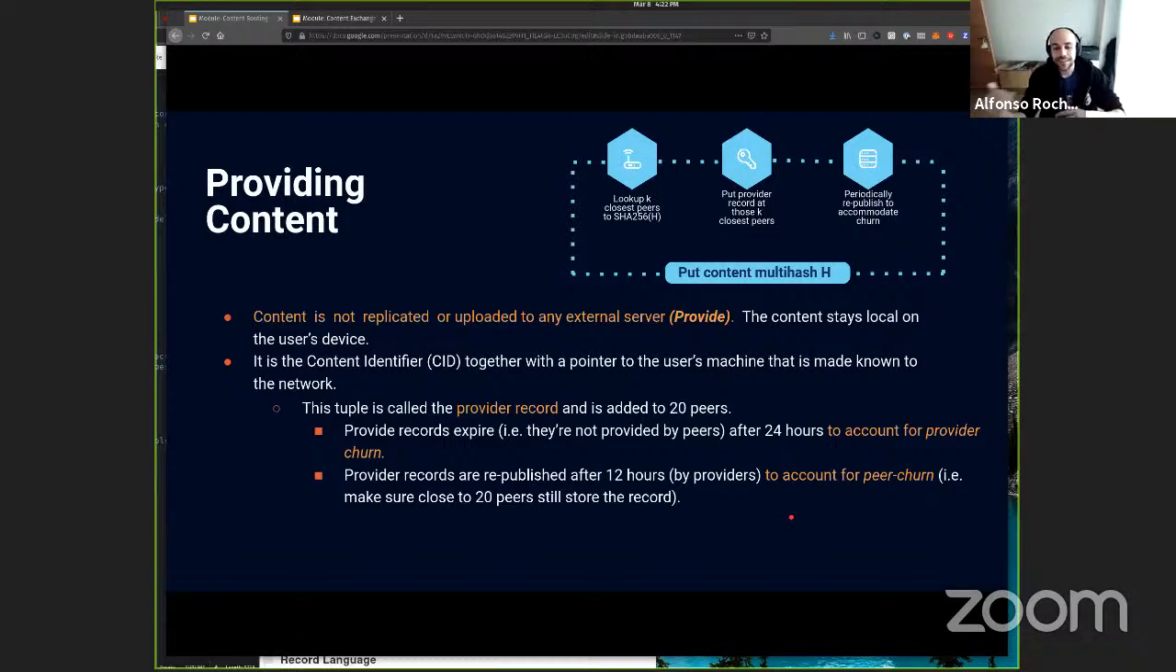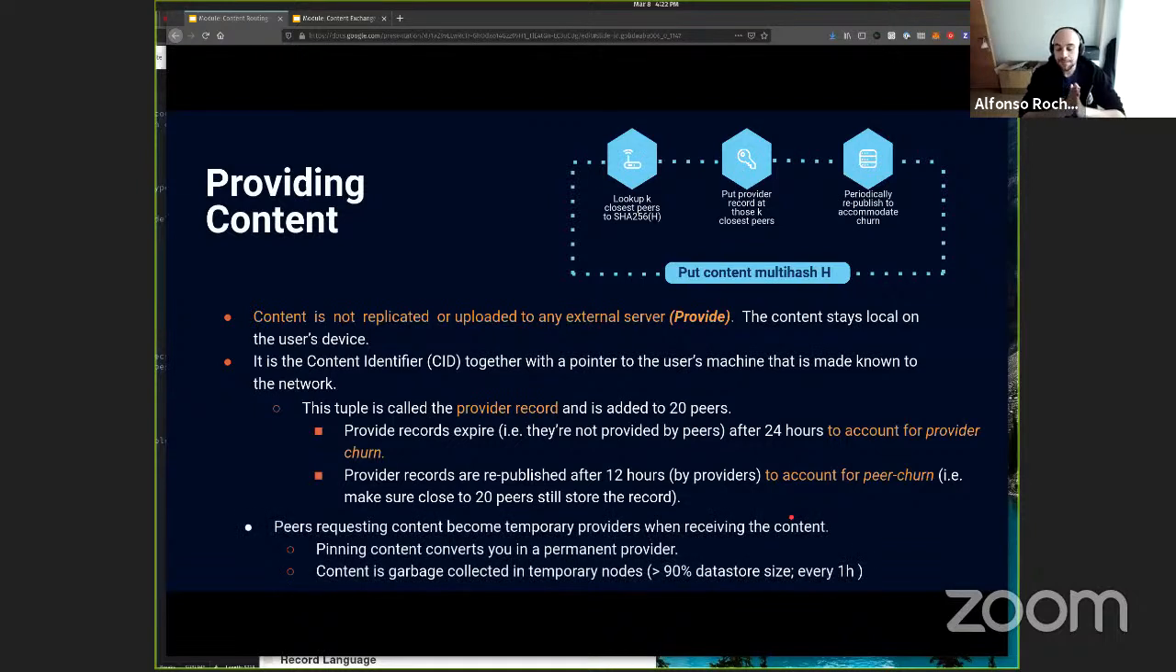And then we have the provider records republication every 12 hours to account for peer churn, which is the moment where the peers where I put my pointer may leave the network. Also, if another peer goes to the provider record and requests content that is stored in my peer, they become temporary providers. So they are added to this list and they can provide the content because they are storing it. And this temporary providing